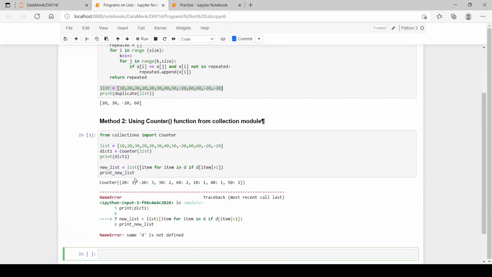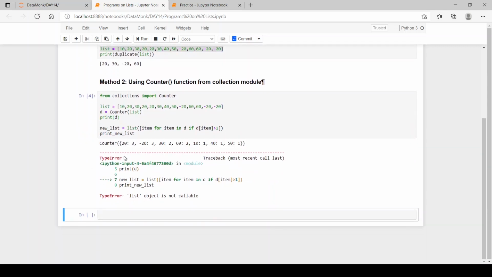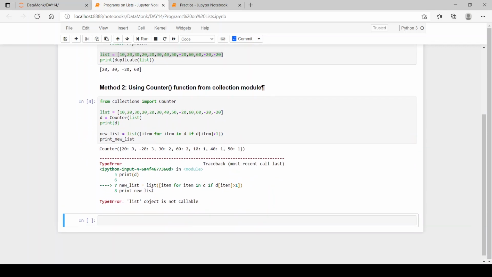So name d is not defined. Sorry, I will just change this to d, so it will be convenient. Then: list object is not callable.